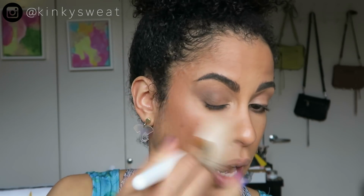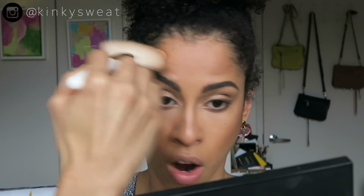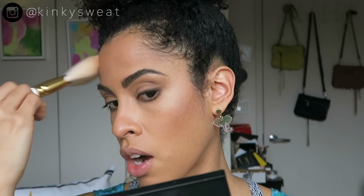I think I brought it a little too low. With that, I'm taking my Wayne Goss Holiday brush from 2018 with my Charlotte Tilbury pressed powder, and I'm just whipping it so that I can buff down the color richness a little bit more so it doesn't look as crazy. I like this side a lot. I'm definitely going to use Carve more often as a contour shade, and it's nice that it definitely gives me